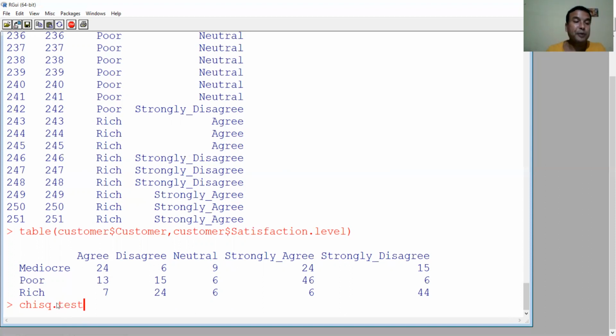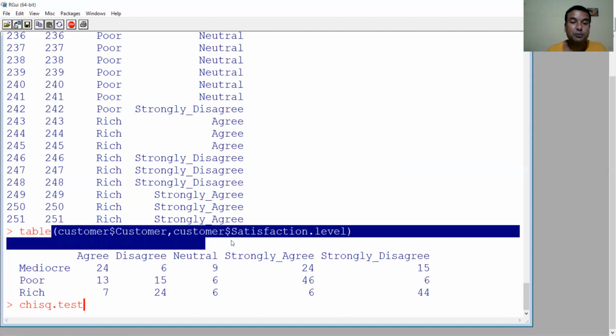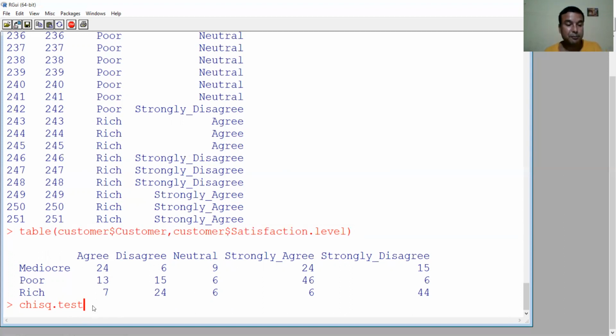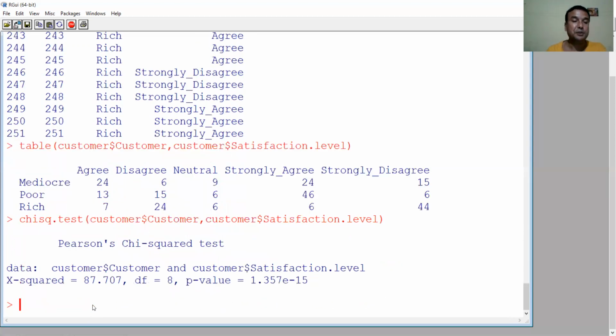Then copy this portion, and then copy this portion, then paste it there, and then press enter. So we have got this chi-square value. This is chi-square 87.707, degrees of freedom 8, and the p-value is this one, and from this value we can easily make the conclusion as we need.